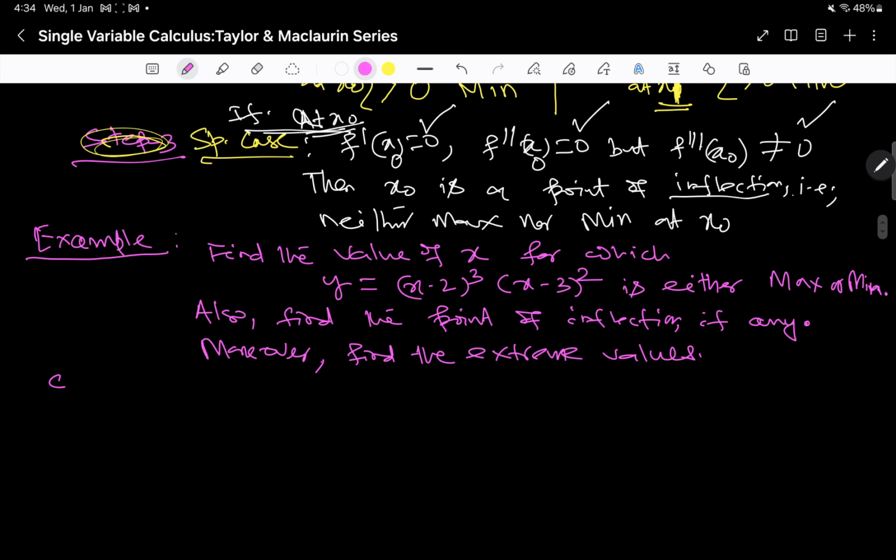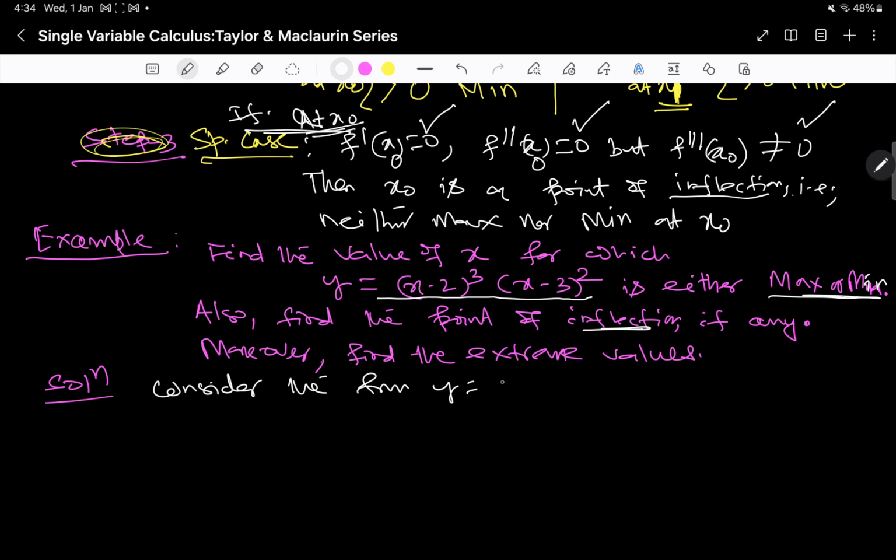Now coming to an important example, you are given a function f(x) = (x - 2)^3 (x - 3)^2, right? We have to find the value of x for which this function is either max or min. Also find the point of inflection if any. Moreover, find the extreme values. So now consider the function y = f(x) = (x - 2)^3 (x - 3)^2,